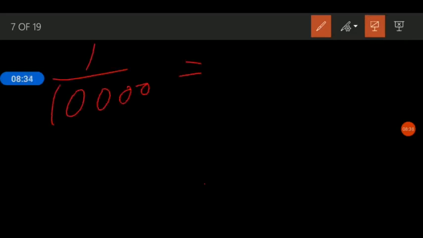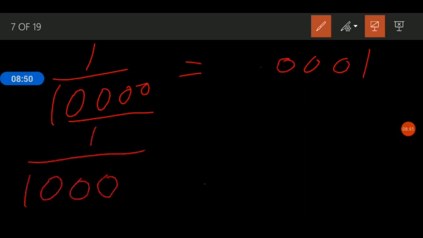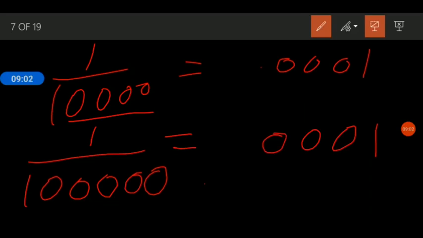Then how many zeros will you put? 4 zeros. We put the decimal before 4 digits. So before 1 you will put 3 zeros. Then it will become 4 digits and now put the decimal. If 1 upon 1 lakh is given, that is 1 lakh has 5 zeros, what will you do? You will put the decimal before 5 digits. It means you have to make 1 a 5-digit number. How will you make it? By putting 4 zeros. Then it becomes 1, 2, 3, 4, 5 digits. Now put the decimal. Understood?